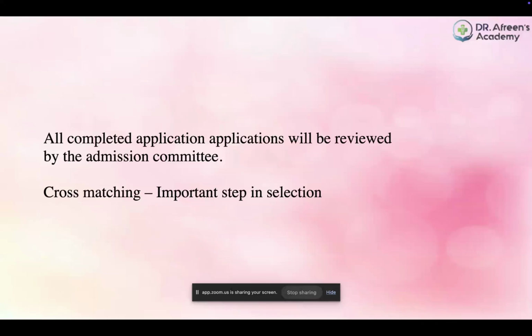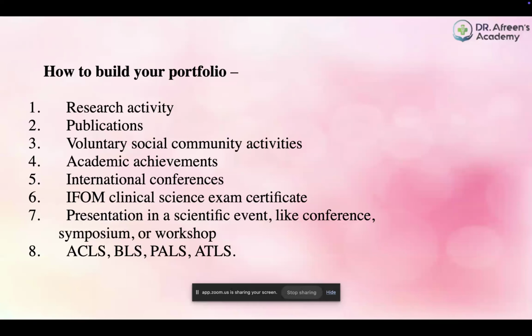So this is one extra slide that I made to speak on how to build your portfolio. Because, like I said, 60% of your selection is based on your portfolio. So you'll have to work on this. GPA is out of your hands because you have passed your exams and now you can do nothing about it. But if you have a great GPA, of course, it is an added bonus for you. But portfolio is what you can work on. And these are the things that need to be worked on to secure an internship spot in UAE. And make sure you have these things mentioned on your CV during your selection process. First is your research publications. Research activity or publications play a major role, and I have already spoken about it at length previously.